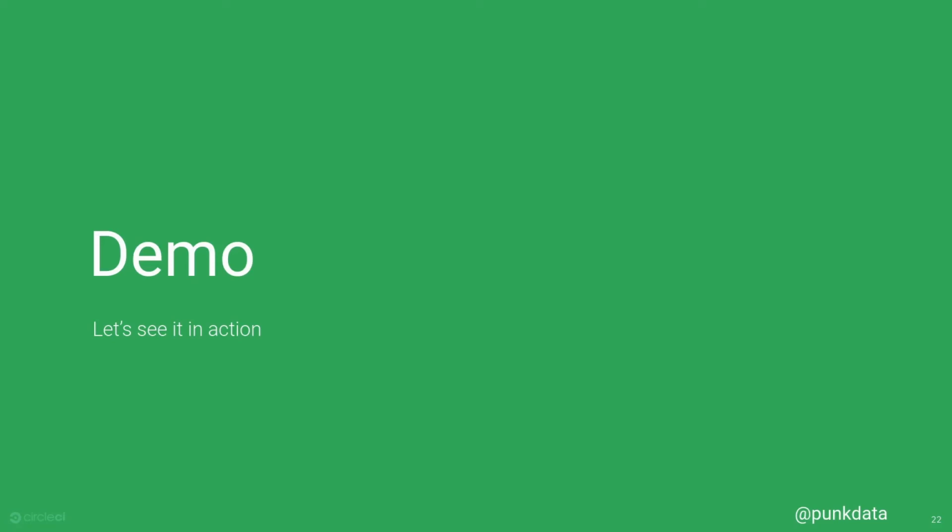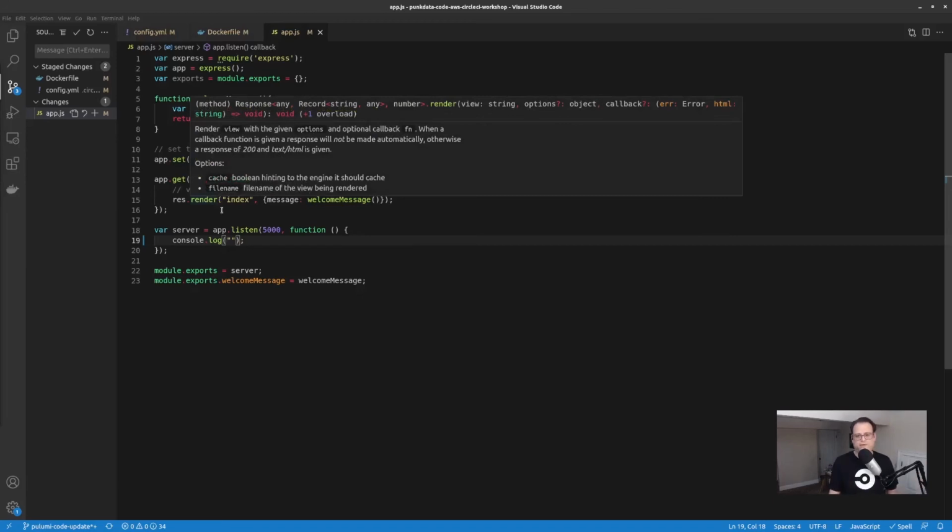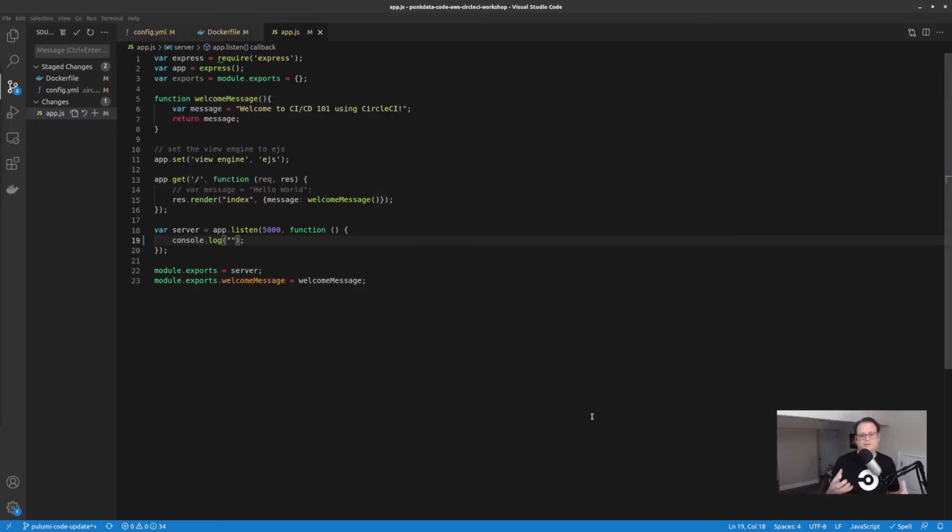So in this demonstration, I'm going to show you how you can implement a CI/CD pipeline within CircleCI that actually builds, tests, and deploys an ARM-capable Docker image to newly created infrastructure. So let's get started with our demonstration. What I'm showing you here is the code example that I'm going to use for my demonstration. Essentially, it is a simple static Node.js application.